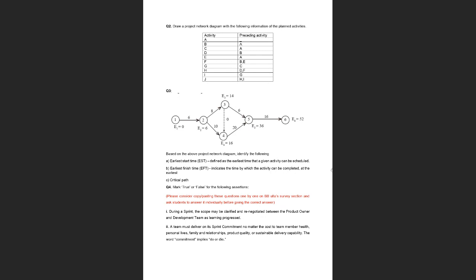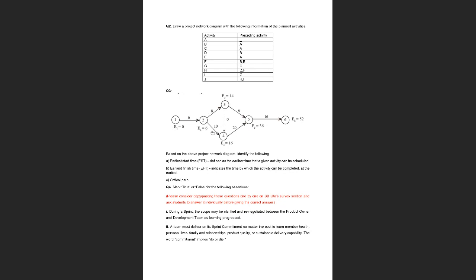Okay, so you guys, it's conflicting. Wait, 1, 2, 4, 5, 6. Okay, so it is 6 plus 10, 16, plus 20, 26, plus 16, 52. Yes, so this is the longest path, and so this is the critical path: 1, 2, 4, 5, 6. If you compare, I think that for the other one you will get 50, and for this one you get 52. So the path with the longest duration is your critical path.